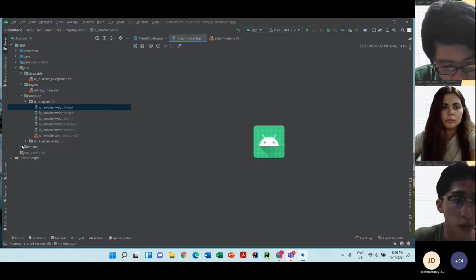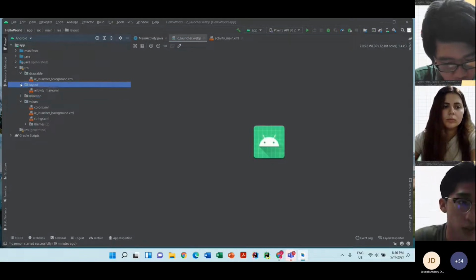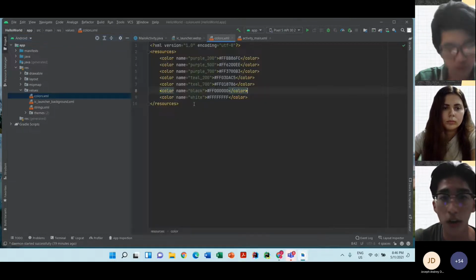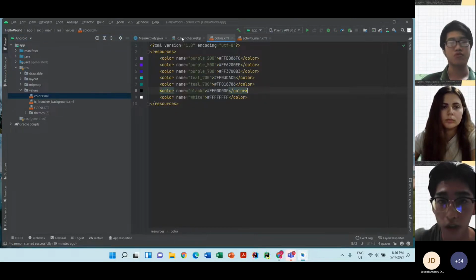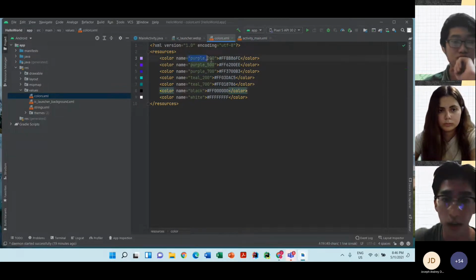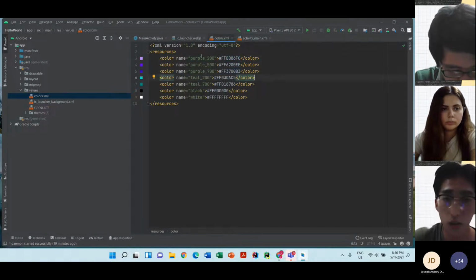For the values, I just minimize all those first. All the values of the resources we'll put here in the values folder, like the color, how you define the color. You see here all those colors that we use in this application.